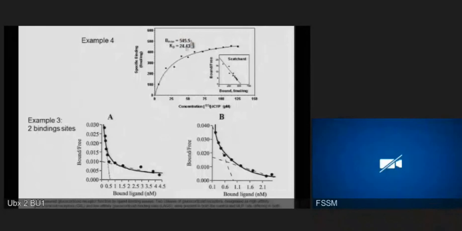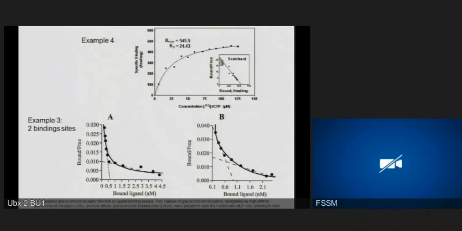B max you have one value, and KD you have the value that are here obtained. It's difficult to obtain here because you don't know exactly where you go. So I would like to say 450, so again 255, 255, this, and this. So my estimation of the KD is lower than their calculation.